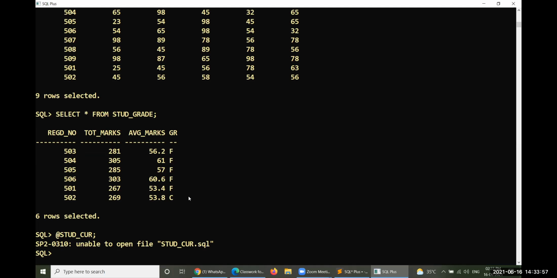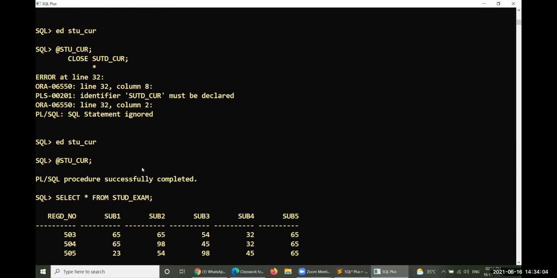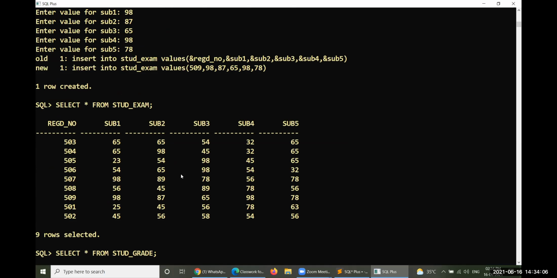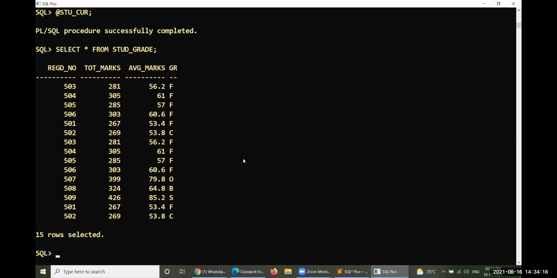Unable to open the file. Why? Stu only, sorry. Our cursor name is stu, not stud. Okay, your procedure is successfully completed. Let us see what is the data in grade.